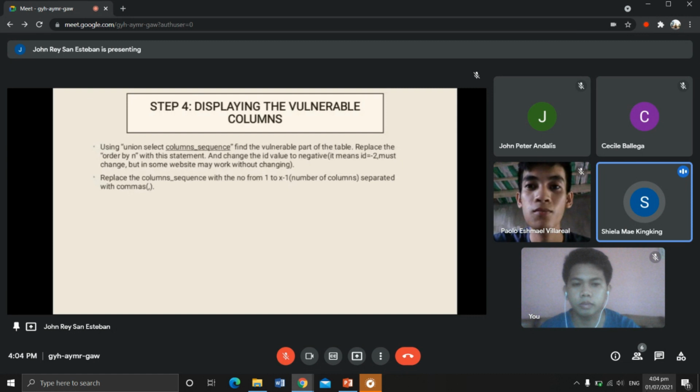Step 4. Displaying the vulnerable column. Using union select column sequence, find the vulnerable part of the table. Replace the order by n with this statement and change the ID value to negative. It means ID equals negative 2 must change, but in some websites it may work without changing. Replace the column sequence with the numbers from 1 to x minus 1, number of columns, separated with commas. For example,